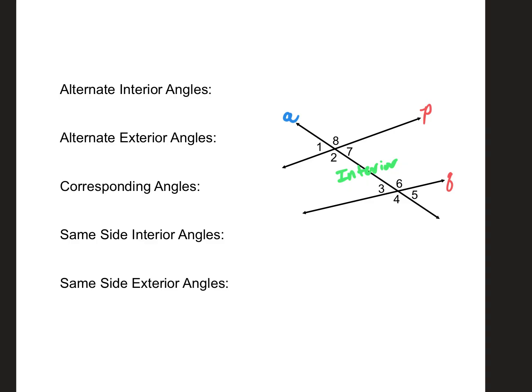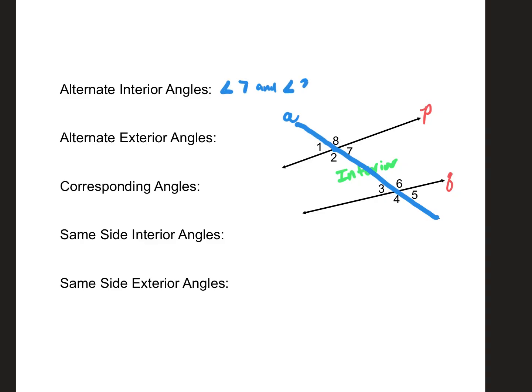So again, we're not talking about angles 2 and 7 because those have the exact same point that they are located at. But the alternate part of this naming is that these angles that are alternate interior angles are going to be on alternating sides of the transversal. So for example, two angles in this diagram that would be considered alternate interior angles would be angles like angle 7